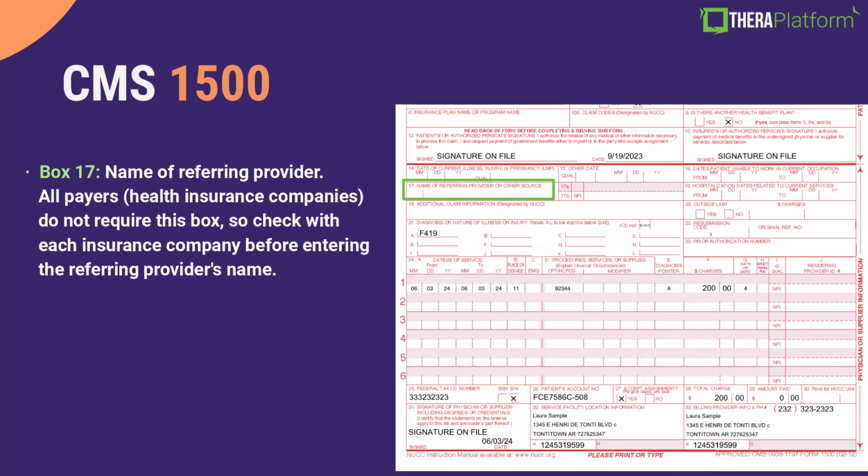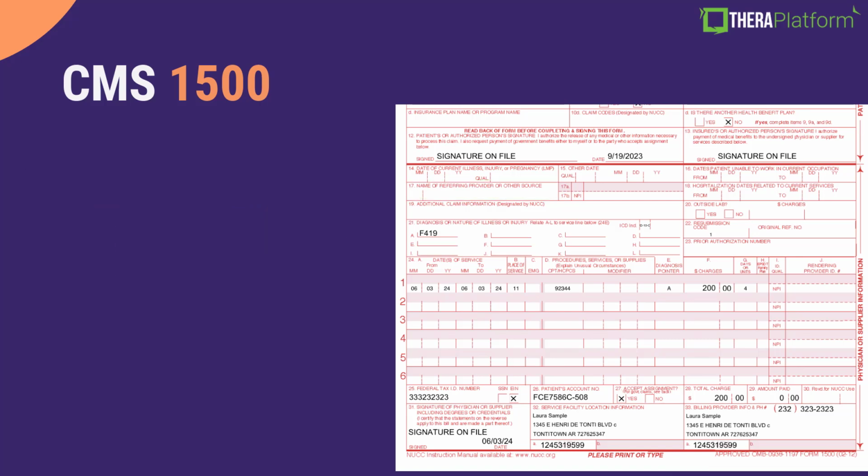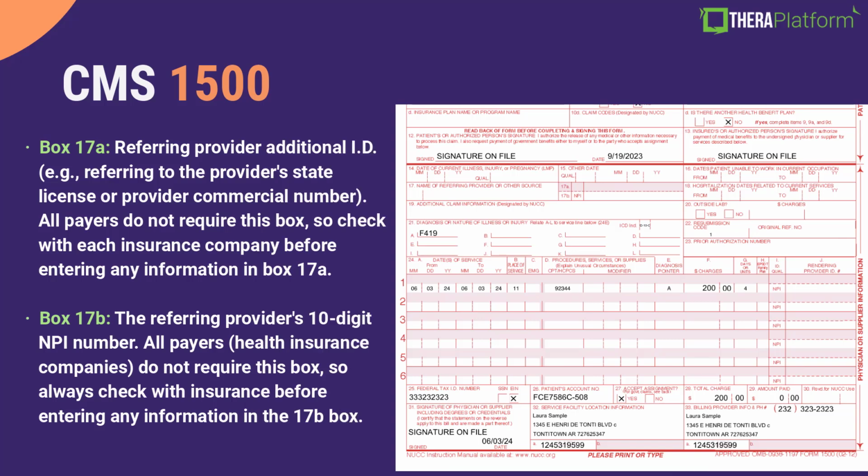So check. If they don't need this, leave this blank. If they do, enter the referring provider name and then go to box 17A to enter referring provider additional ID. And if you're required, again, to enter referring provider information, go to box 17B to enter the referring provider's 10-digit NPI number.